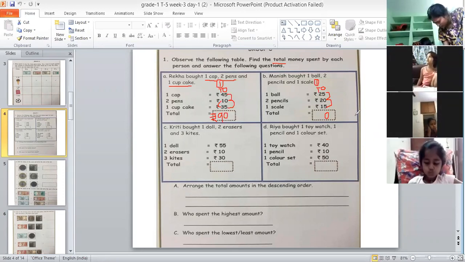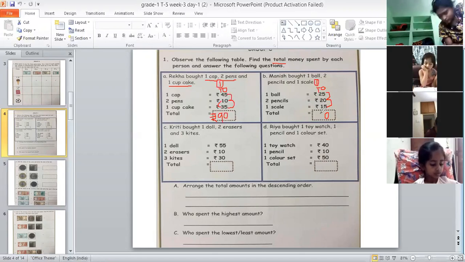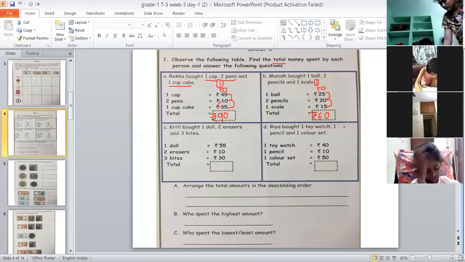4. Very good. First of all, we'll add these 2. So 2 plus 2 is 4 and 4 plus 1? 5. 4 plus 1 is 5. Very good. And there is 1 carried over. So 5 plus 1 is? So we will write here 6. So what is the answer? Yes, the answer is rupees 60. Don't forget to make your rupee symbol, children. The answer for the second part is rupees 60.